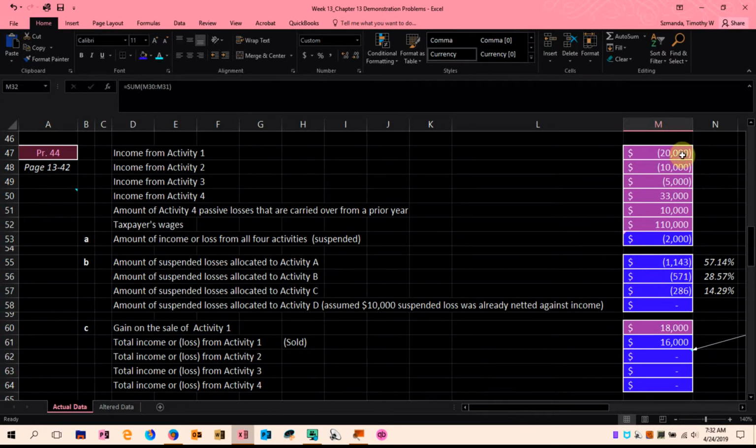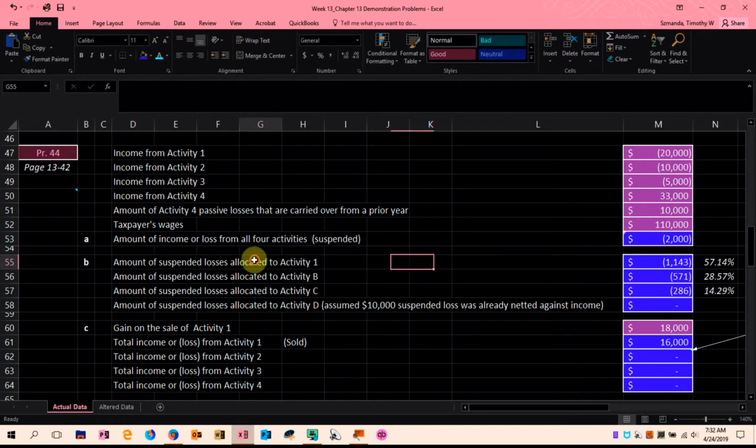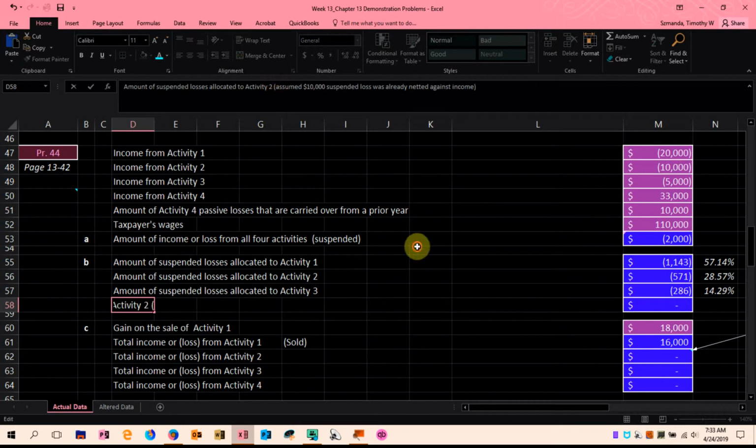loss of $20,000. Activity 2 had a loss of $10,000, and activity 3 had a loss of $5,000, and activity 4 had a gain of $33,000. And so when we look at the netting of these together, we have to kind of consider that if there's been a suspended gain or loss,